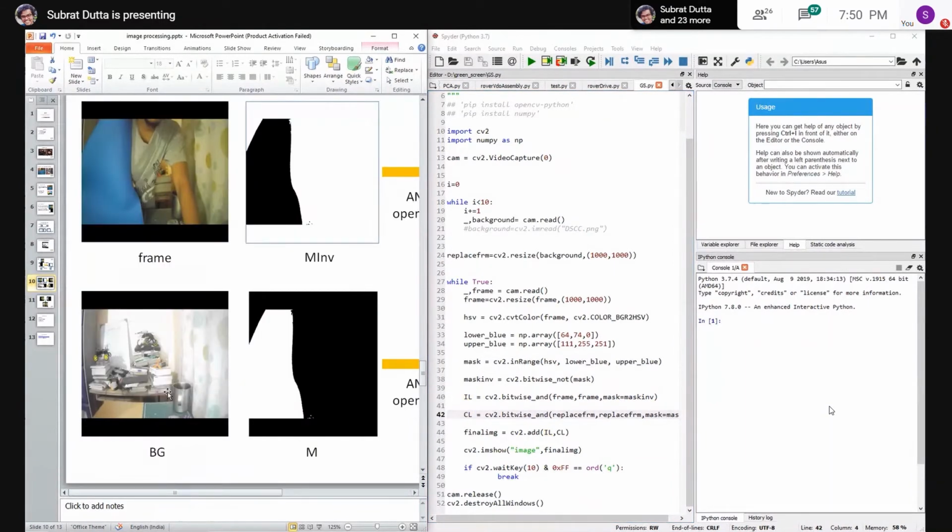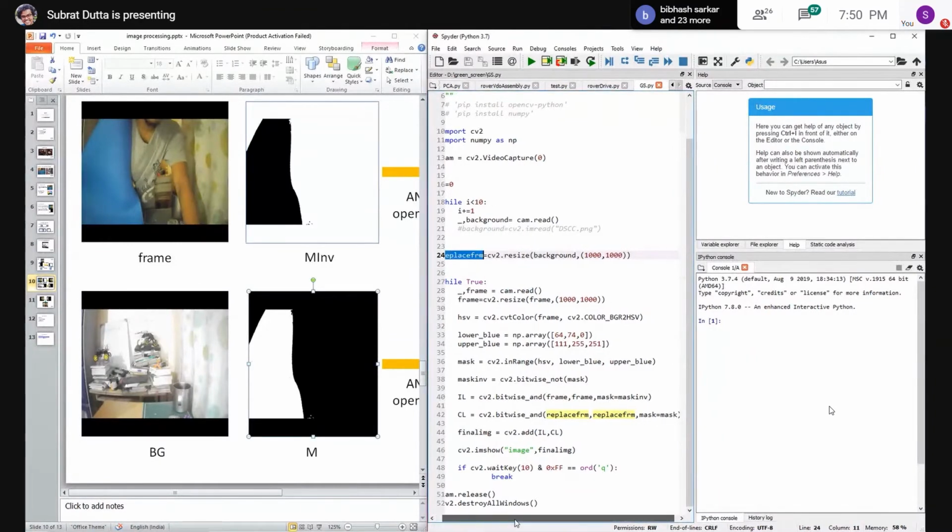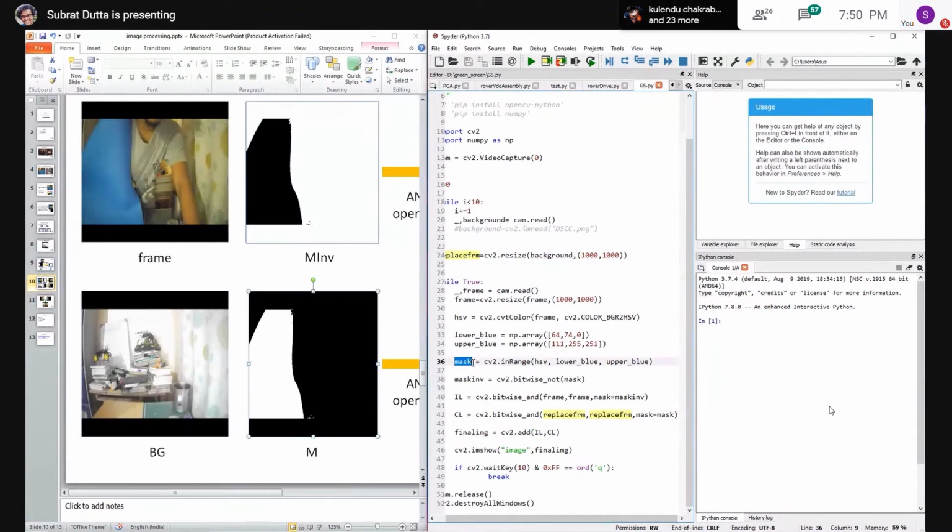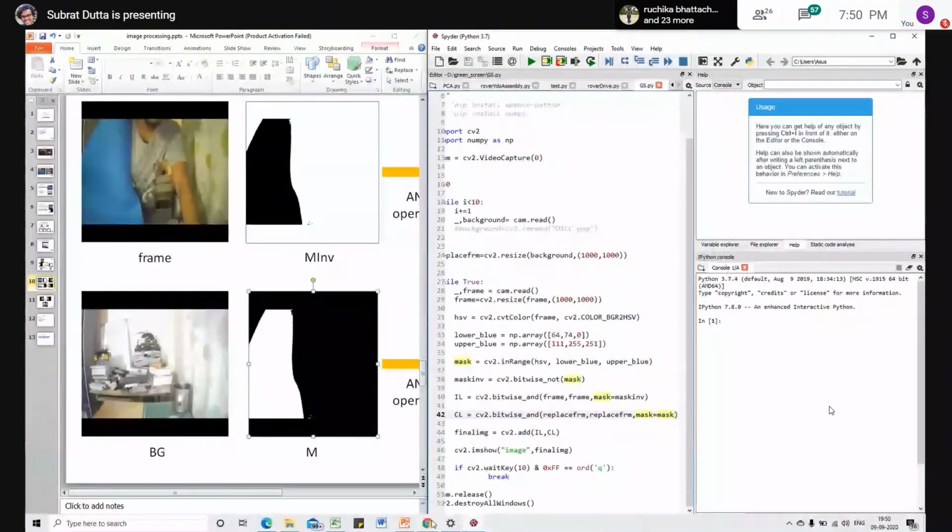We have the background, which is represented by replace frame, and we do an AND operation with the mask that we have. In this case, the mask is this particular variable that we have just created. So we just assign the mask to mask, and the source